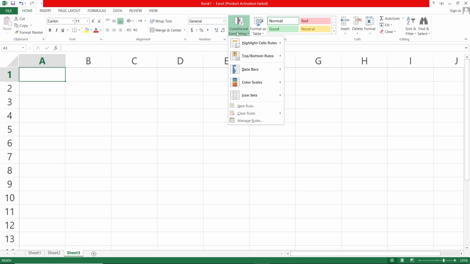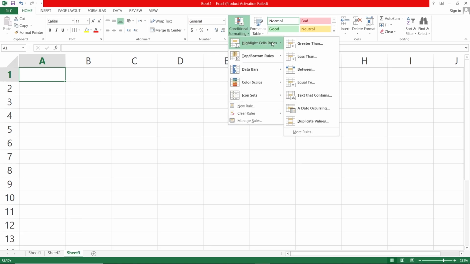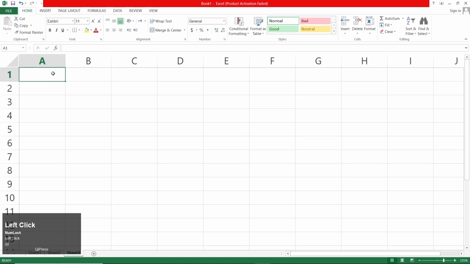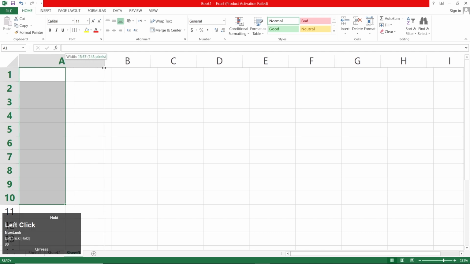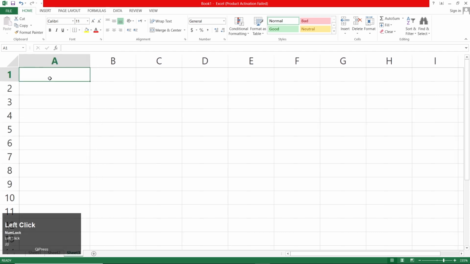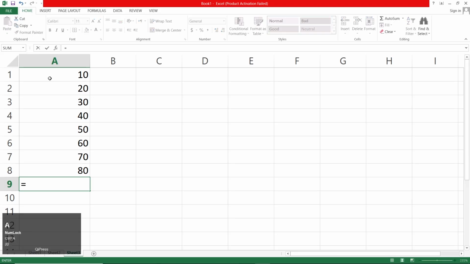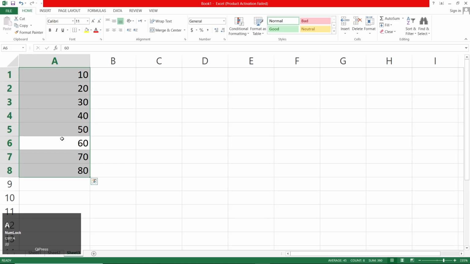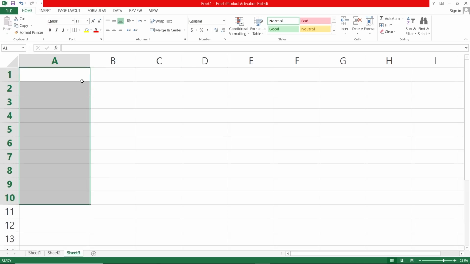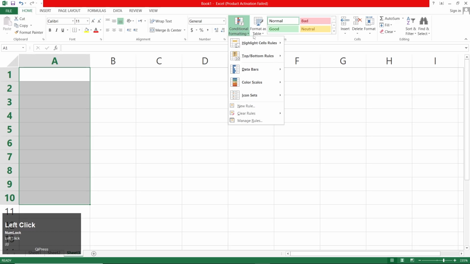So let's try to understand conditional formatting, of which the first option is related to highlight cells rules. These options are all based on conditions. Let's try this and select maybe 10 of the cells and type something like 10. So what I have to do is select 10 of the cells and go for conditional formatting, highlight cell